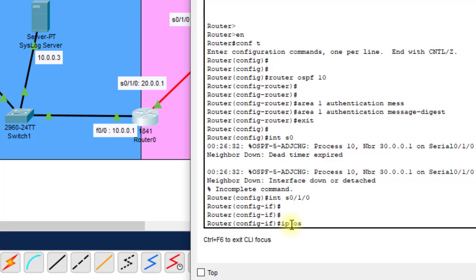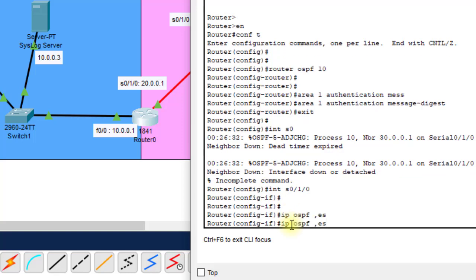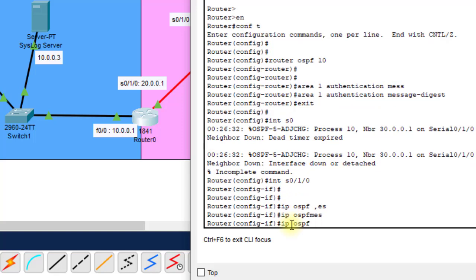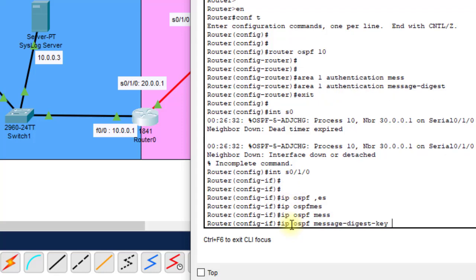Now the next command is IP OSPF message digest key. In MD5 authentication we have to give a key. The key is nothing but the authentication key that will be used to transfer the packet from this router to the next router.